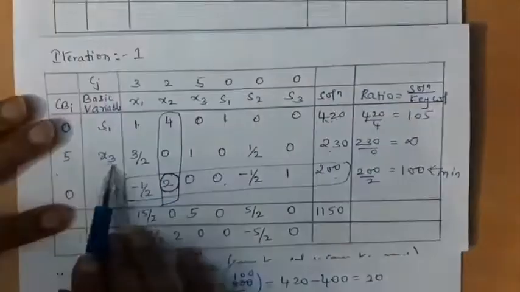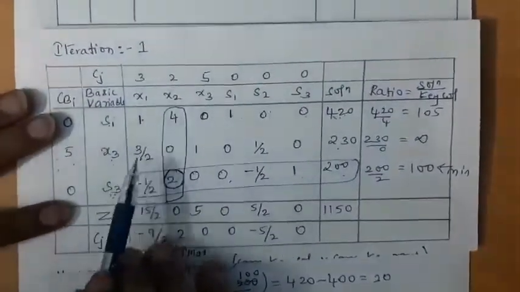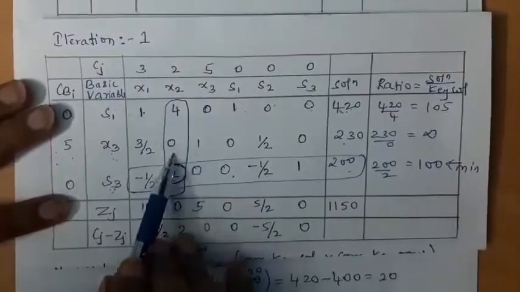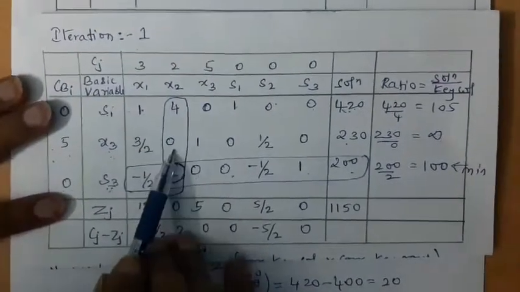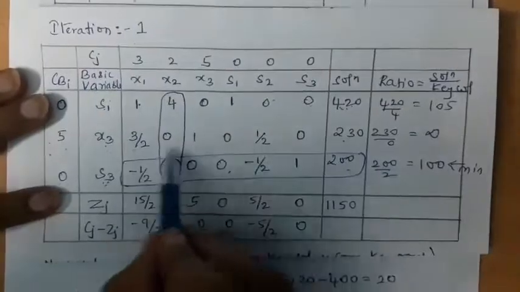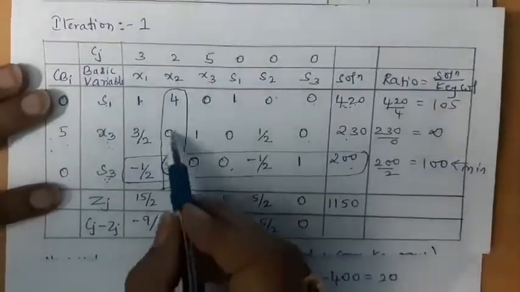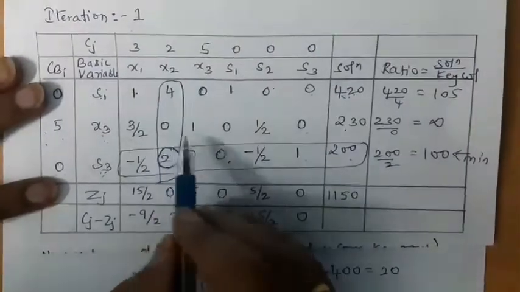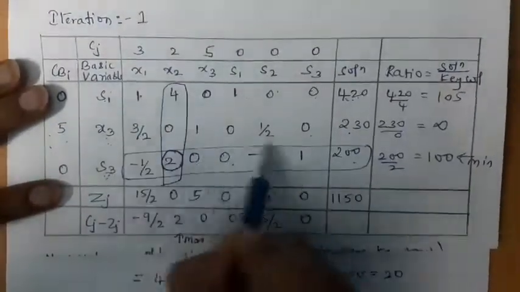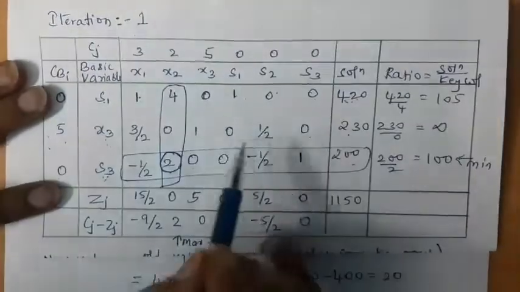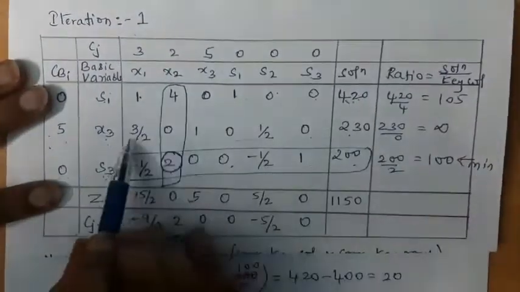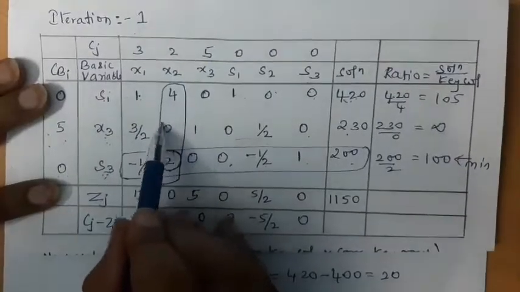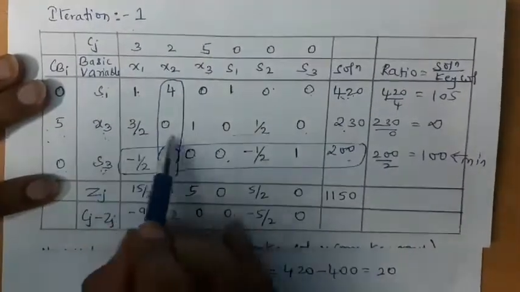Now let us find the X3 value. For X3 you observe here the corresponding key column value is 0. I have told you in the previous table, in this row along with the key value, the selected value is 0. So this is the corresponding key column value. If you substitute all the values in the formula, you will get the same row value. So you need not do it again. You need not waste your time. So when you see that your corresponding key column value is 0, write down all the row values as they are in the new table.